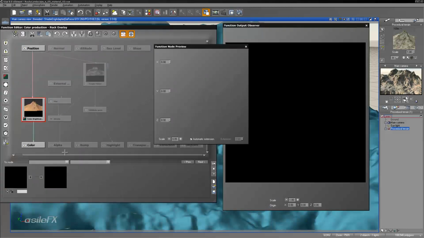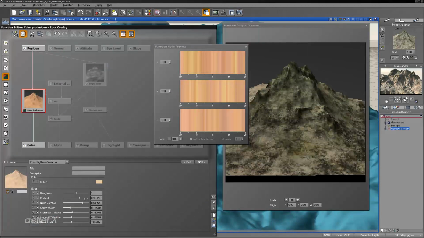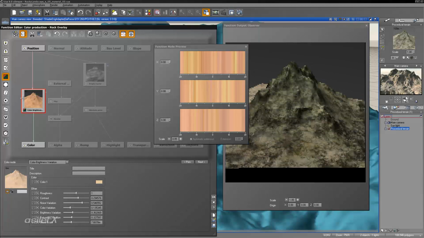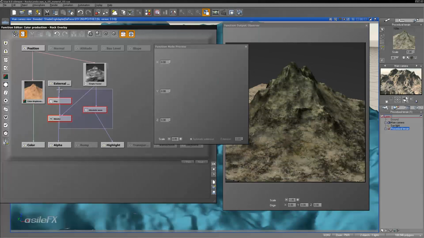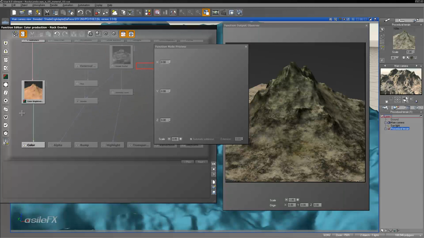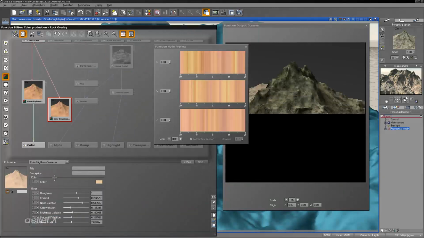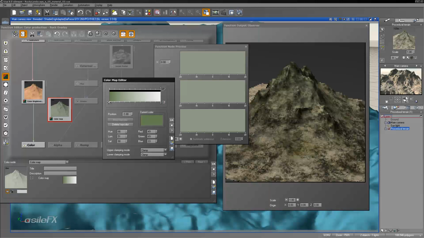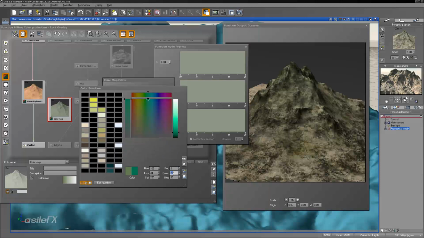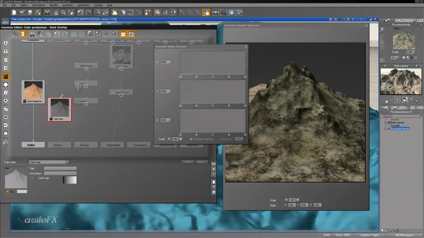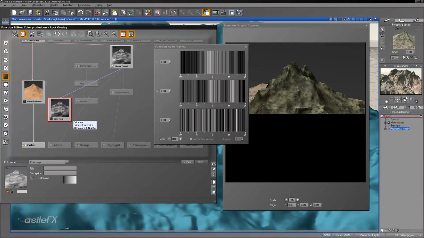I do want to have a bit more darkening of this material as well. So what I'm also going to do is add in a color map, and we're going to set that to just be black and white, and then connect that to that fractal,